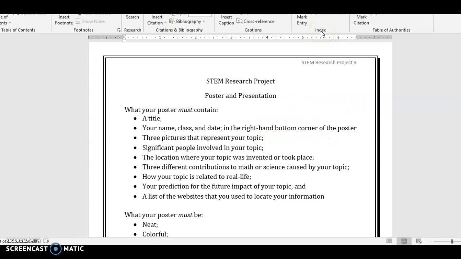You need to have 3 pictures. You need to include significant people that contributed to this event or discovery. Where did it happen? 3 different contributions that your topic made to science or math. How did it change the field? How does your topic relate to real life? All of these topics relate to real life. That's why we're doing this. And what do you think that